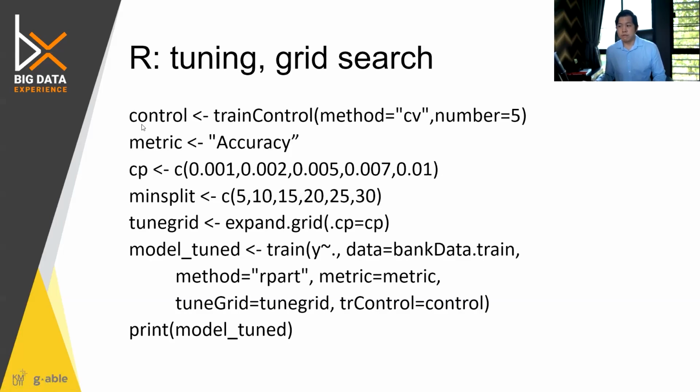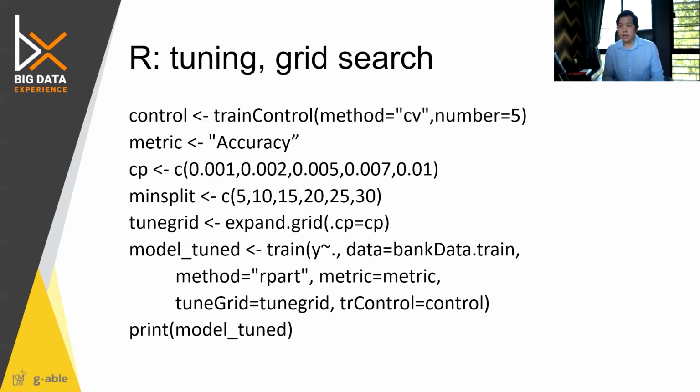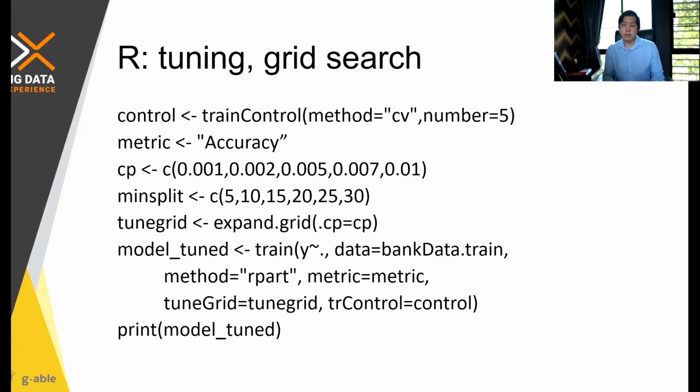You don't have to specify it. It would assume accuracy, but you can use other metrics as well; you can check that out later on. For this one, I'll just use accuracy, and then I will specify the CP metric. Instead of letting it tune by itself, I will specify CP to be